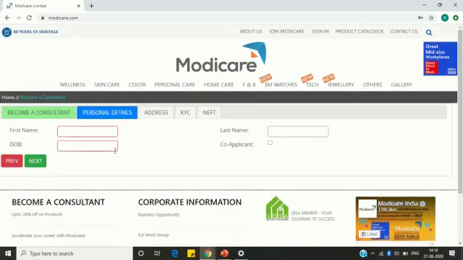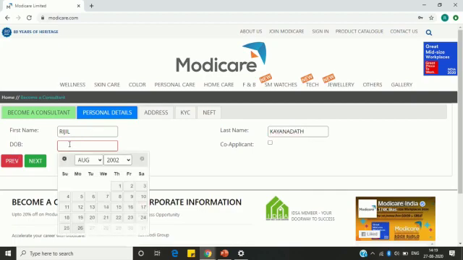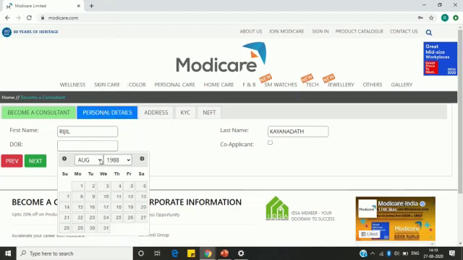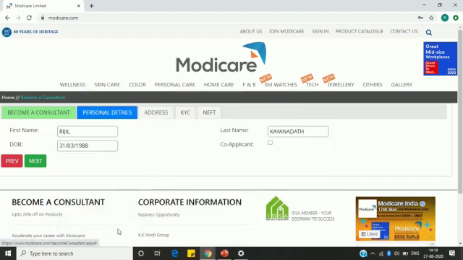So this is the second page. This will ask you the complete details and your date of birth. So first name, enter your first name. Last name also, please enter it and click here date of birth. Ensure that you first select the year. Select the year first and then the month and the day.